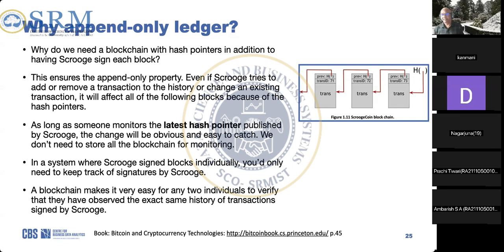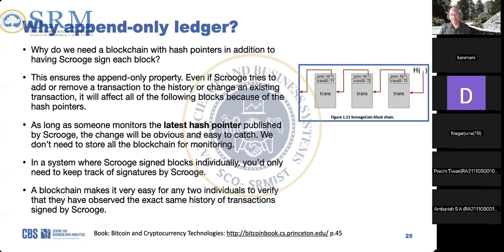Okay, let me tell you whether it is possible to identify if Scrooge changes the transaction in the block number 71 in the append-only ledger or not. In the previous scenario where we don't have hash pointers, I was saying that he can change the transaction and simply sign it, and people can easily buy it because it is signed by him. But now, having these hash-based pointers,